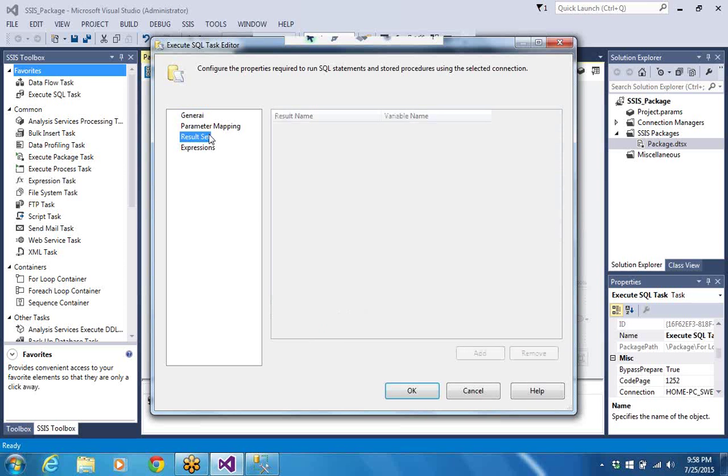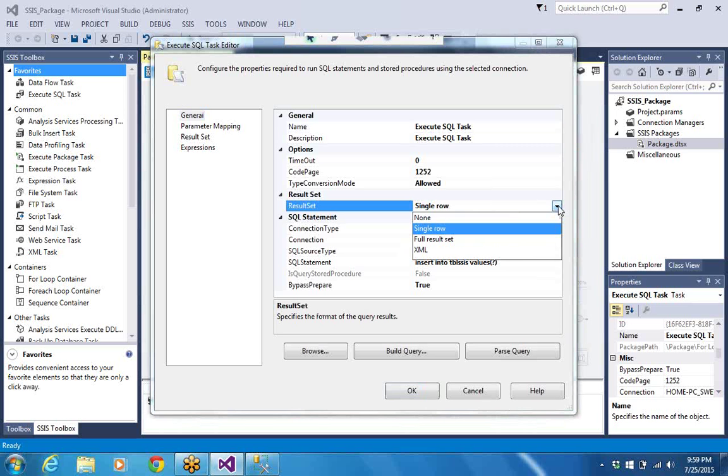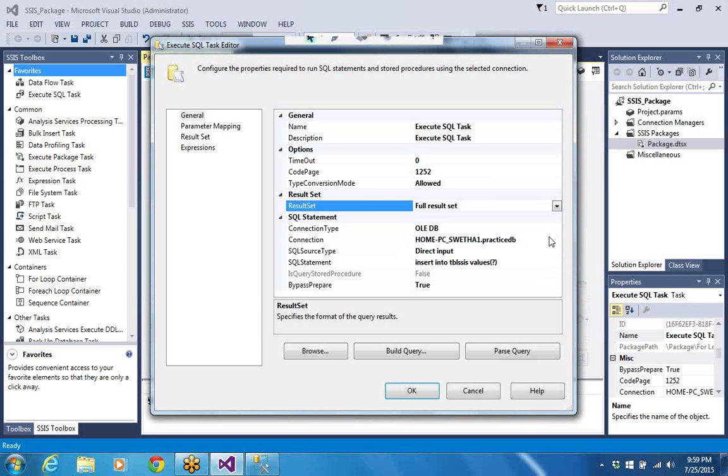Here on the top, in General itself, go to Result Set. You have None at the bottom. Somewhere you have None, click there. So what things do you get here? Okay, try to take Full Result Set. You set it, no problem with that. Then further